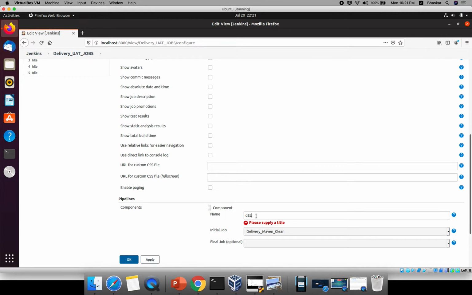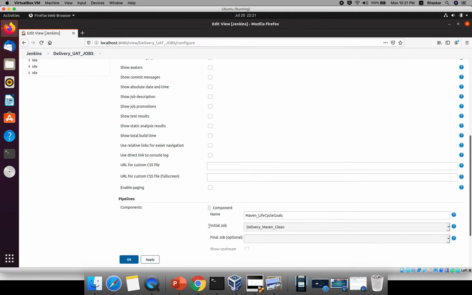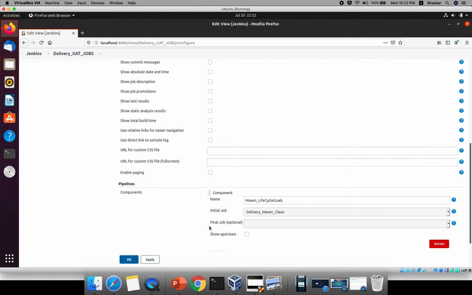I will give Maven_lifecycle_goals. Here there is an initial job. My initial job should be clean, then it will take the graph for the remaining. You don't need to do anything. Just click OK.